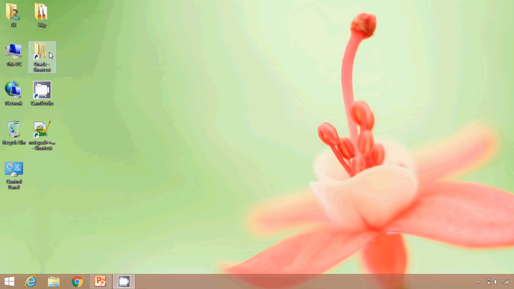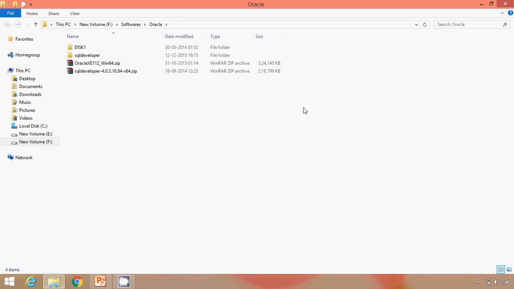Just search for it and you can download it from the Oracle site. I have already downloaded it. When I extract this Oracle XE, we get this disk 1 and SQL Developer. In order to run SQL Developer, you will also require Java Development Kit, that is JDK. So we'll open this and run this setup.